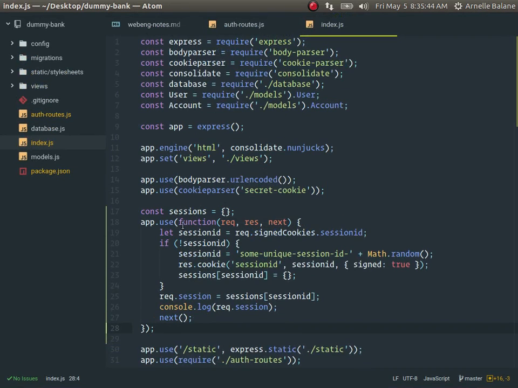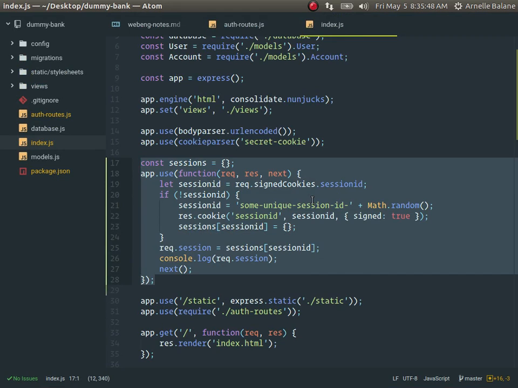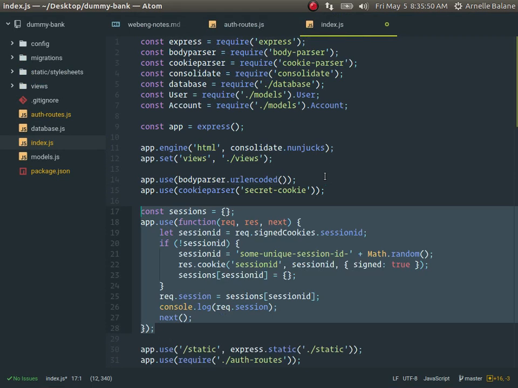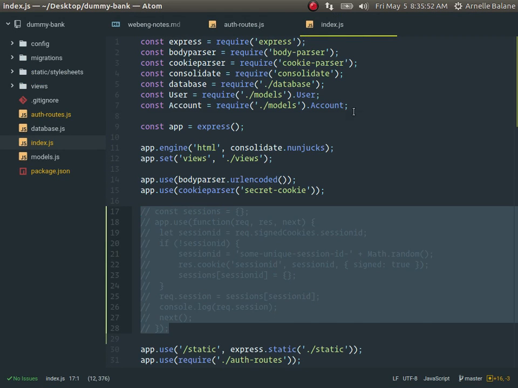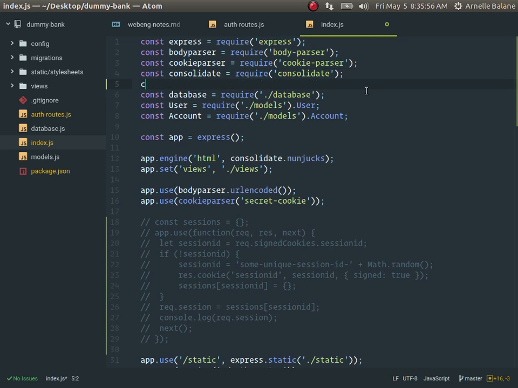So instead of building our own, we can just reuse what's built by other people. So express session